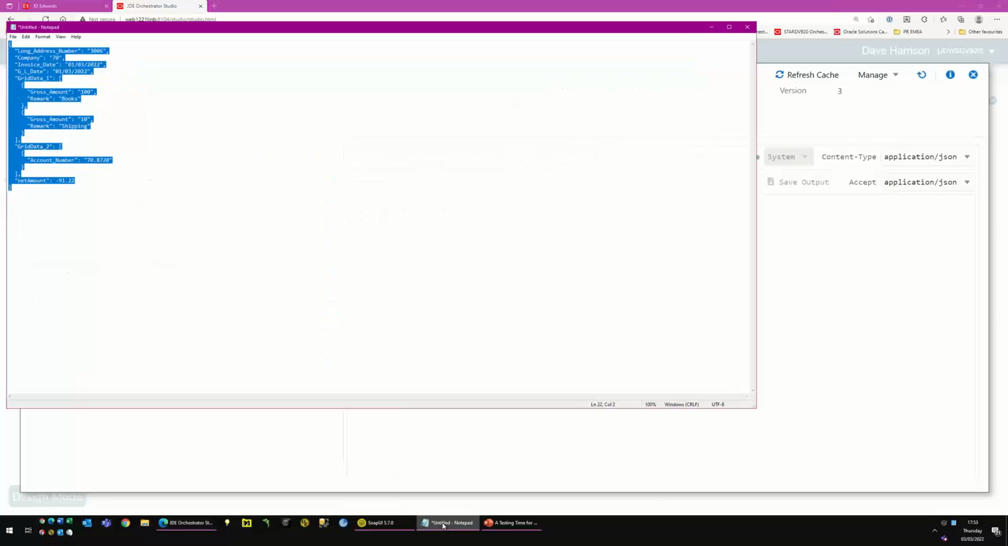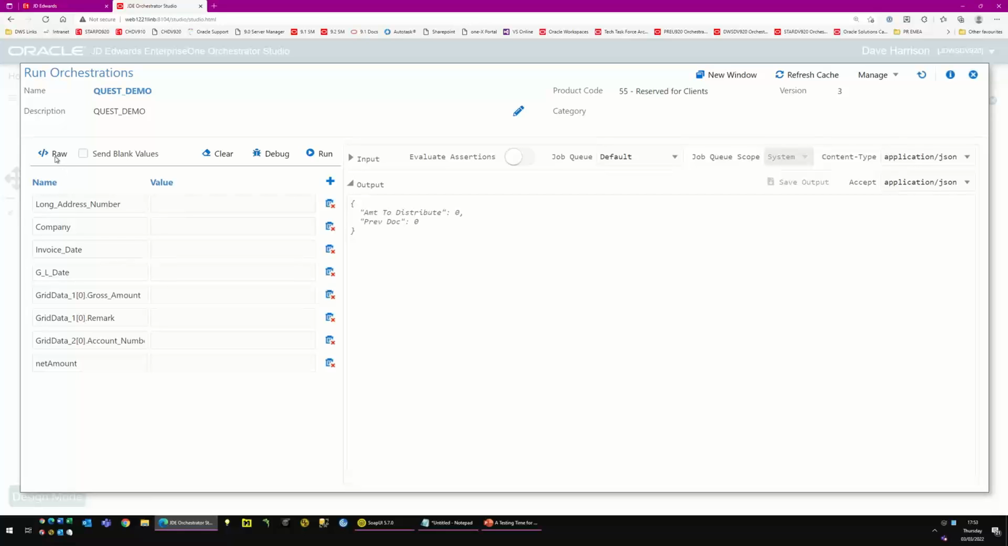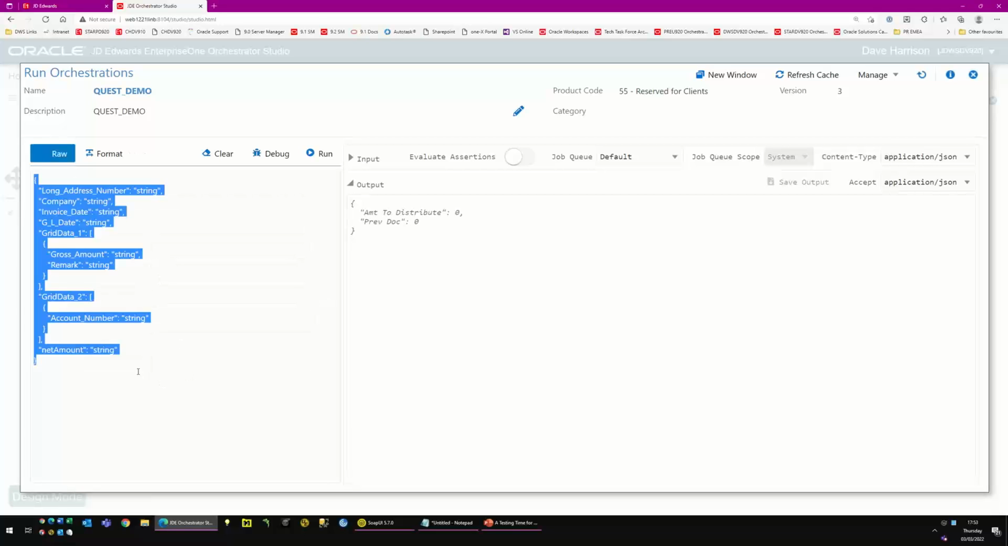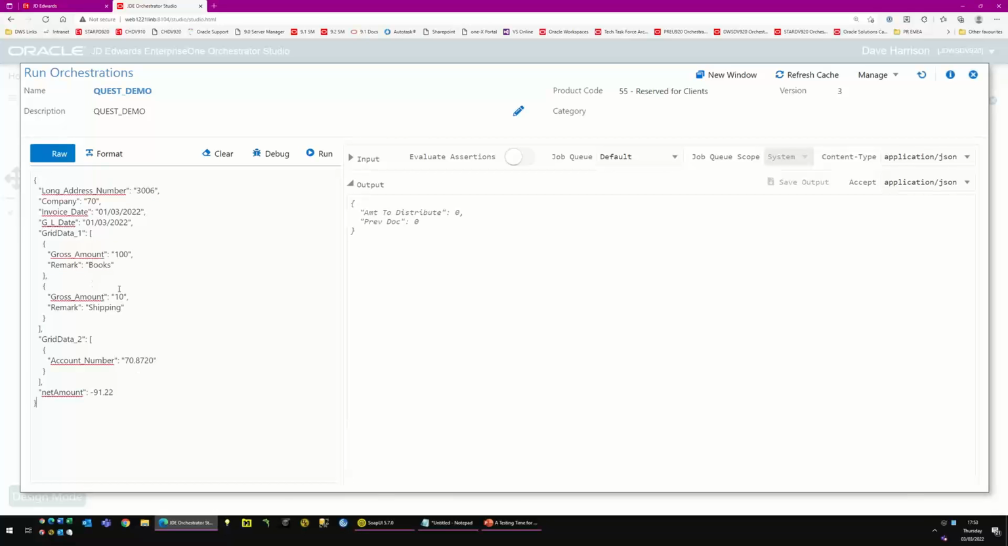Okay, I've got a request which I've already pre-built, so I'm going to use that here as the raw input. It's actually adding 2 invoice lines, so let's try running this and see what happens first. There we go. We get results back. That's all good. Now we have a new option here on the run orchestrations window, where we can evaluate these assertions. So I click on that. We get a new option here. If I run it again,